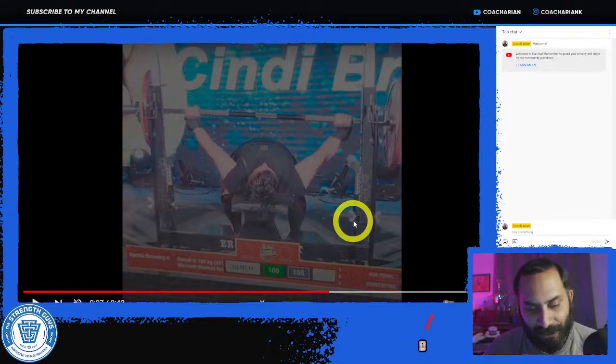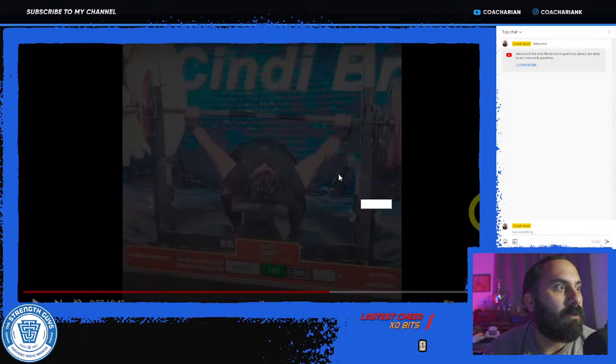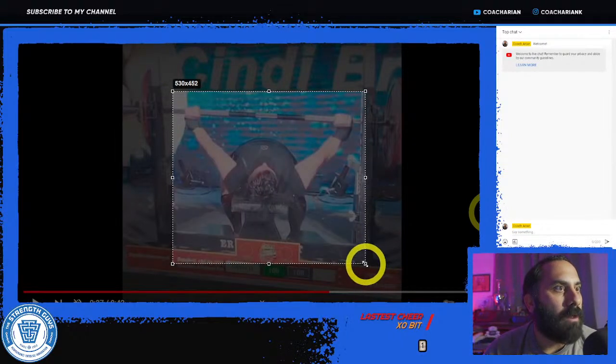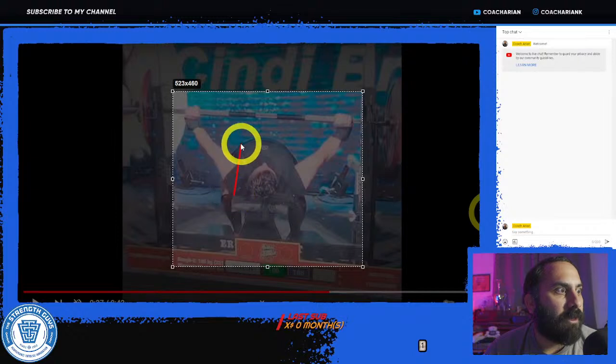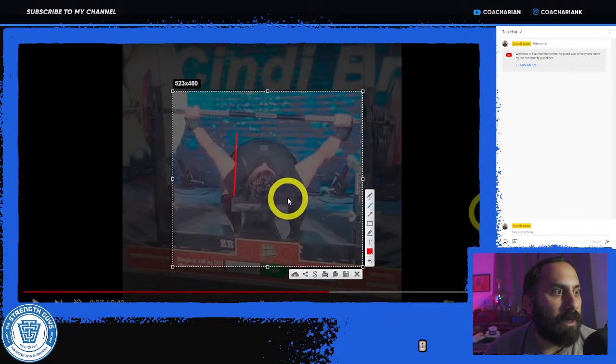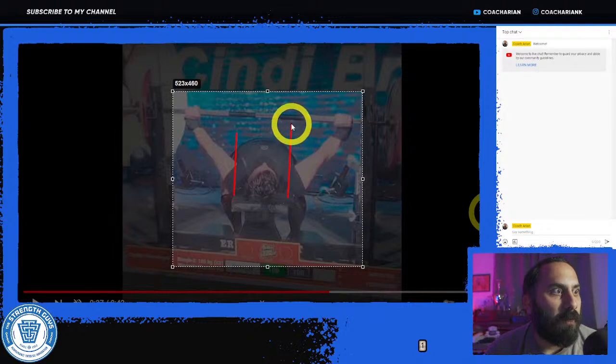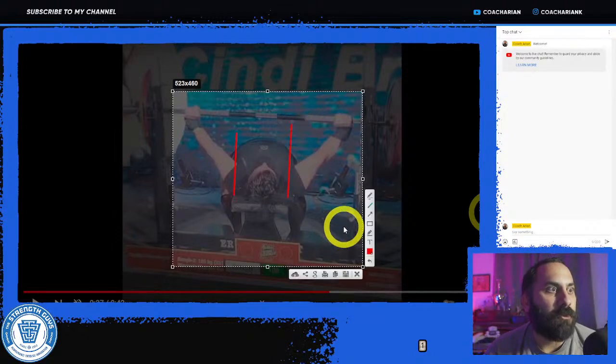And so it's hard to tell here, coming up from here on the bench, where does that hit on the shoulder joint? And then coming up here from the bench, where does that hit on the shoulder joint?